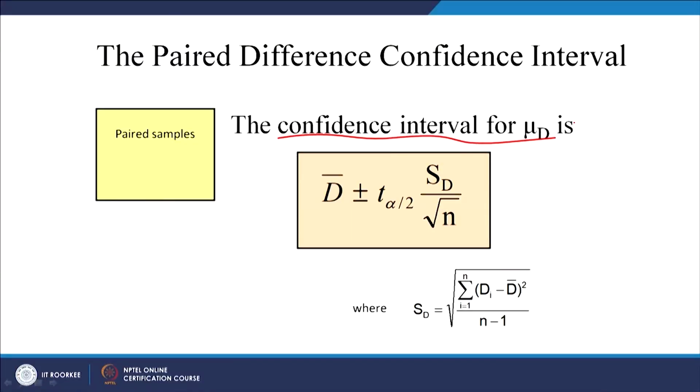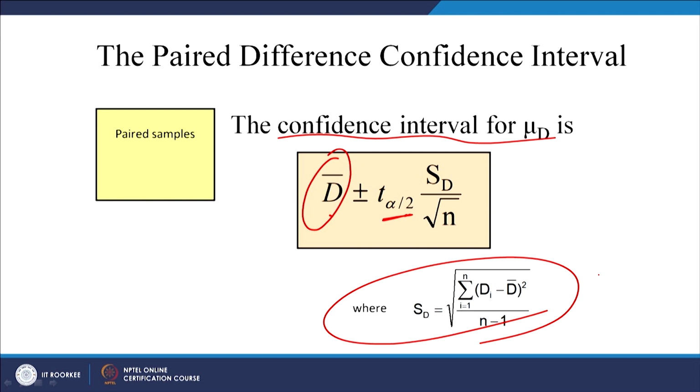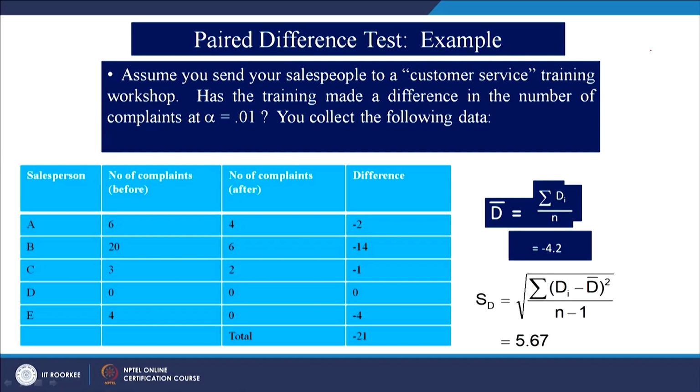Of course, you can solve this kind of problem not only with the help of t value approach, but with confidence level approach as well. So, you will have this mean of differences, you have got t alpha by 2 this, and after that you will get two limits over here, upper limit and lower limit, and see whether you are rejecting or not rejecting the null hypothesis using the confidence interval approach, right. So, we will take up this question.